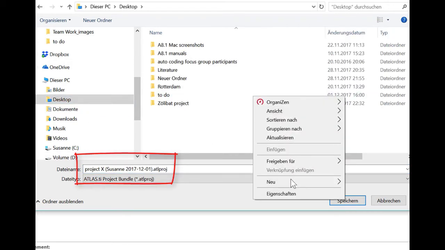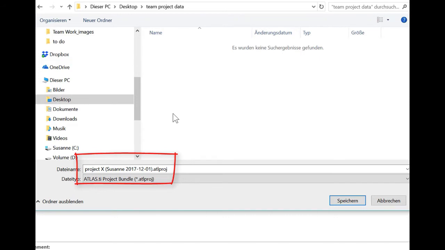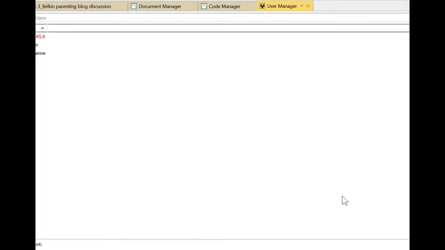I just do one on my desktop now. Normally you probably have a folder somewhere within your file system. So what you see here now, I get the project name, project X, and the username here and the date when I'm exporting it. And this is now the file that I can send